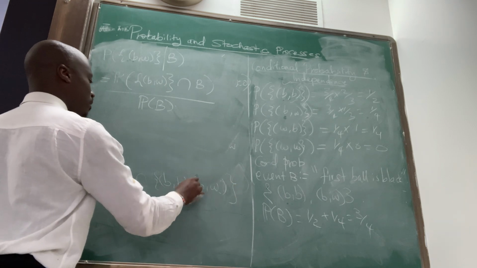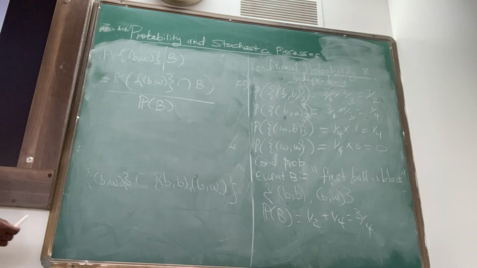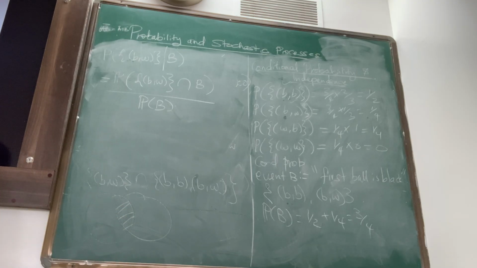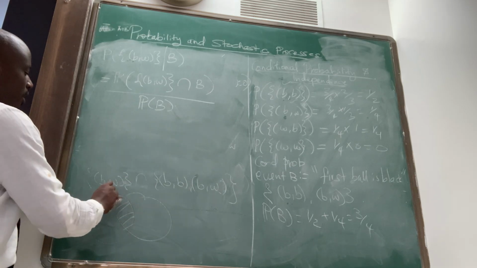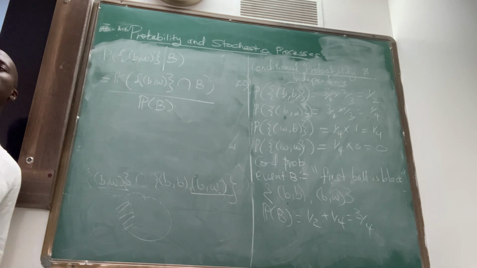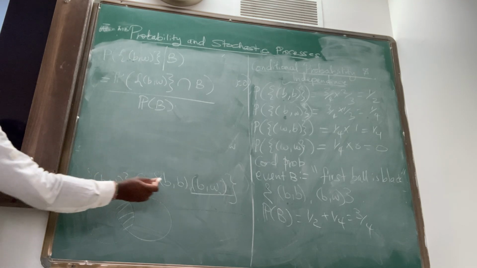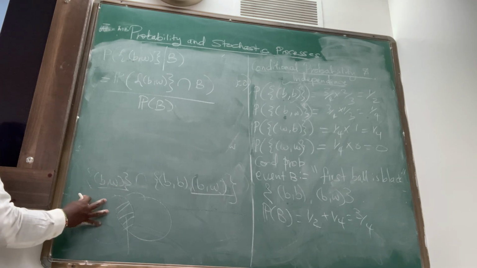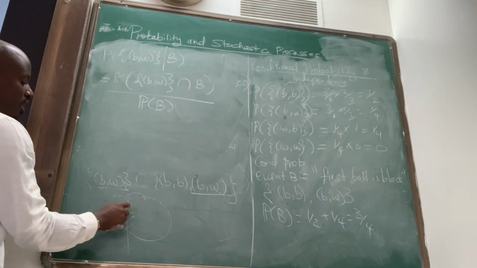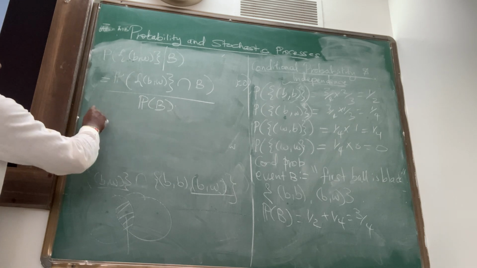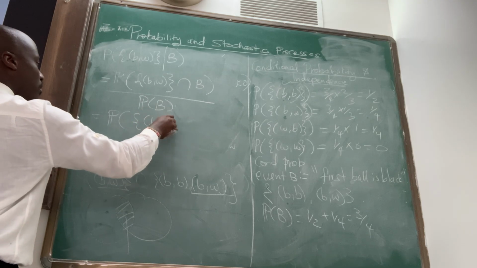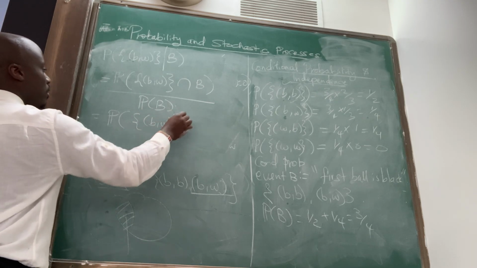So remember, the intersection is a common area. If you're looking at those two circles, this would be your intersection. We are trying to look at the common region between the two of them. It's just B white, BW. BW is in both sets, because this one has just BW on this side, this one has BB and BW. So BW is going to be the intersection between both of them. So this can easily be written as BW over